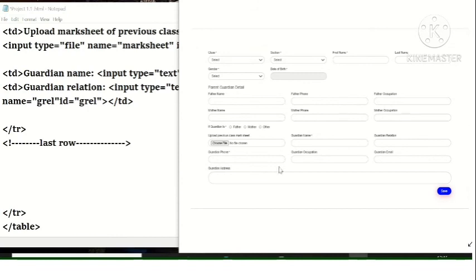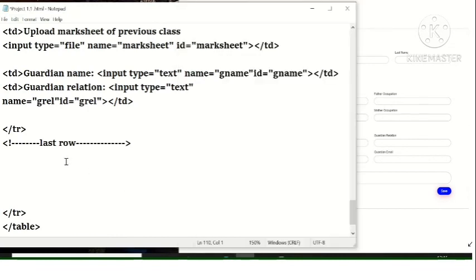Here we see the last row, and then we will finally add the submit button at the end of this particular row. We have the final elements of the guardian detail.